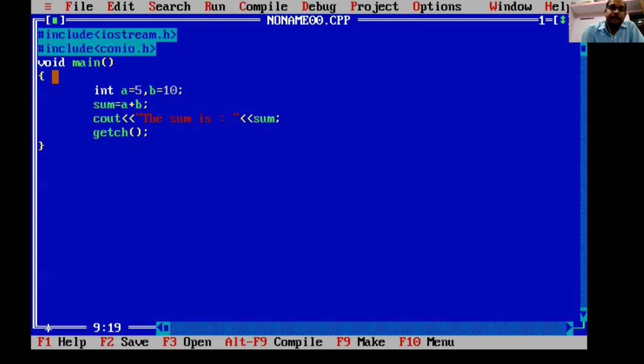Clear? Similarly, this void is called keyword. Void is a keyword. Here a and b, these two are the variables. When all these things combine together, like variable, keywords, operator, look here, plus is an operator. So when operators, keywords, variables, punctuators, all these things are combined together, then it makes a program.